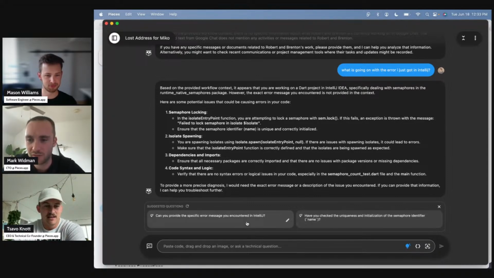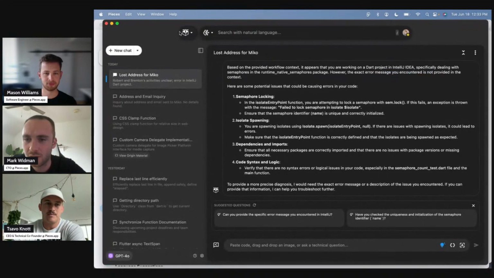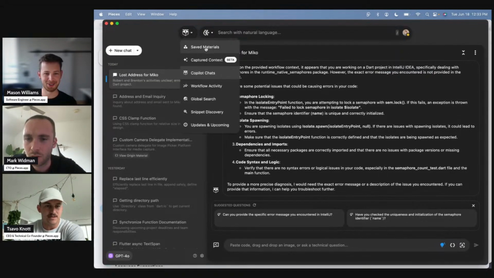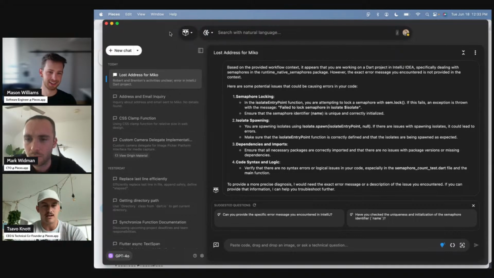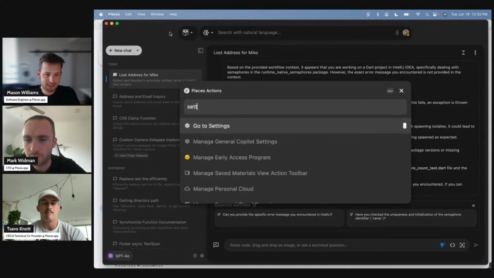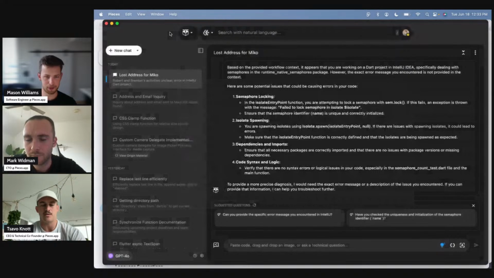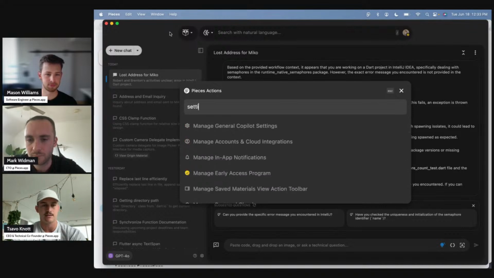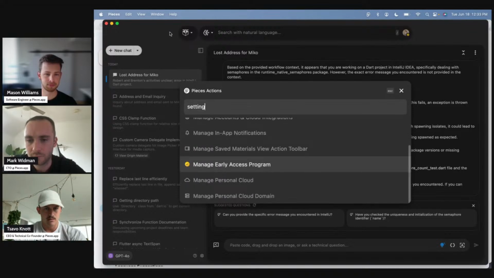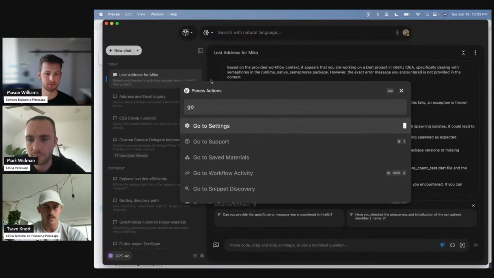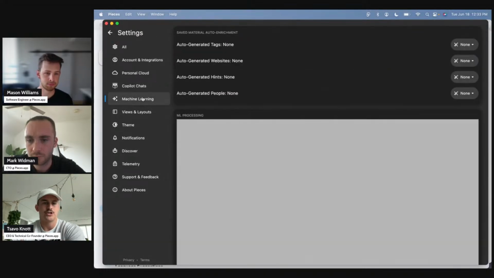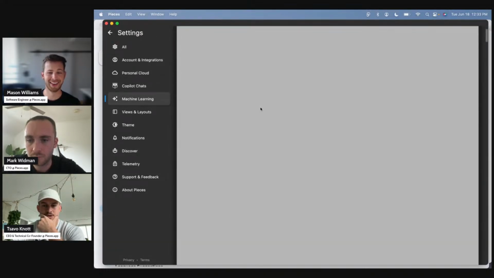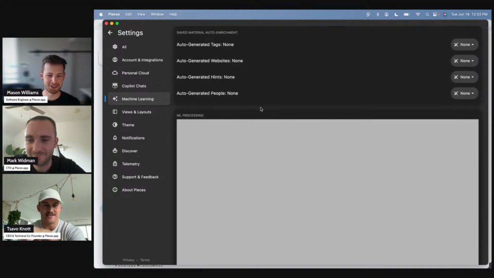Can we just double check the status of the workstream pattern engine just to double check everything? Yeah, that would be a kicker. That would be a good one. That would be hilarious. But let's go to settings. By the way, beautiful power menu that's been out recently. All these settings are smart settings, so they're ranked based on how often you use them. But I'll jump over to settings. There we go. Found it. And then we'll go to machine learning here. Ooh, the gray screen of death. That could be part of it.